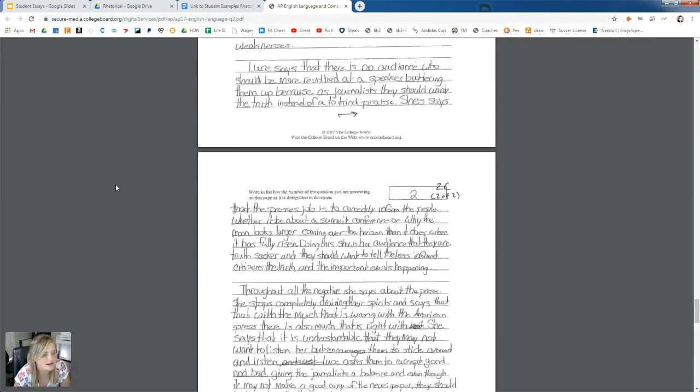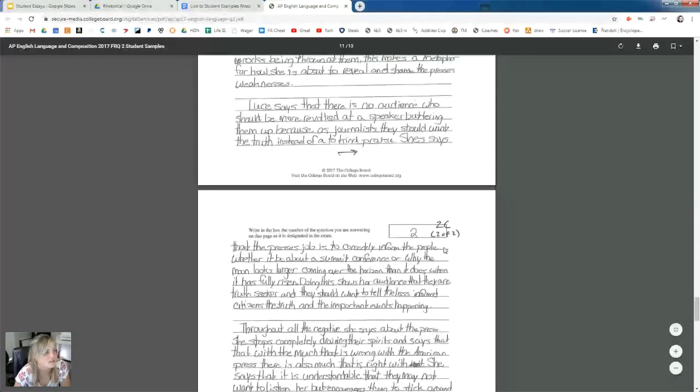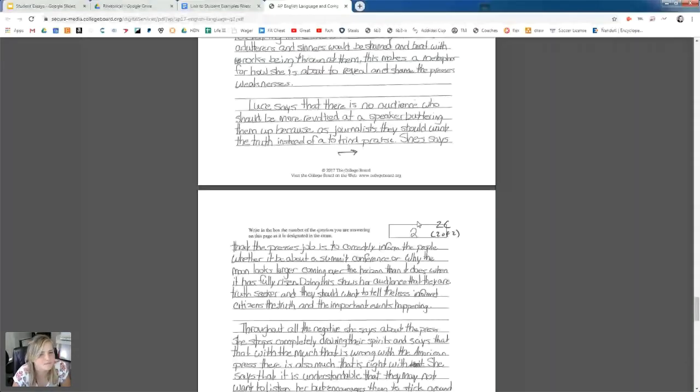So I don't really see a rhetorical strategy in here, but I could be missing it. But the thing is, they don't always need to have a name if they describe what they do, and it depends on what the AP graders pick up in this. But that's just a point to look at, that they don't necessarily name a strategy. Okay.